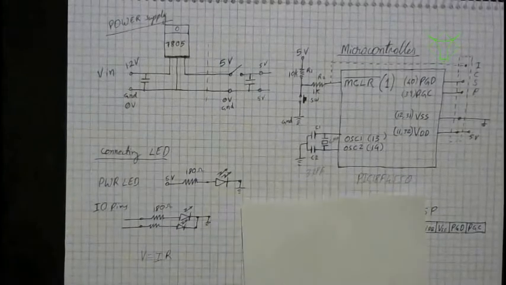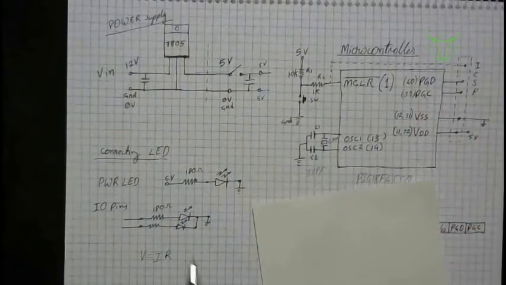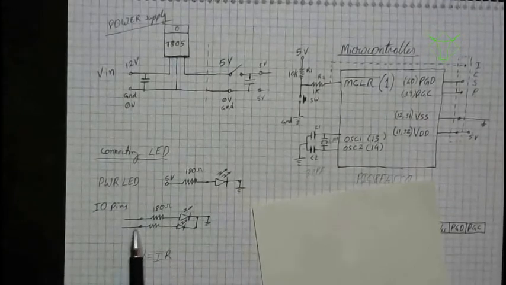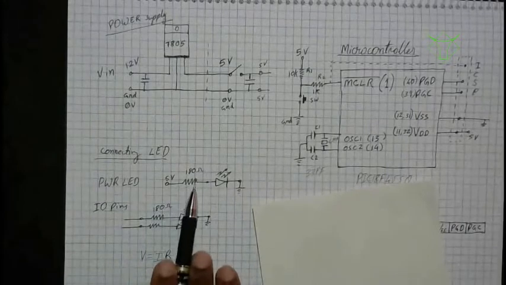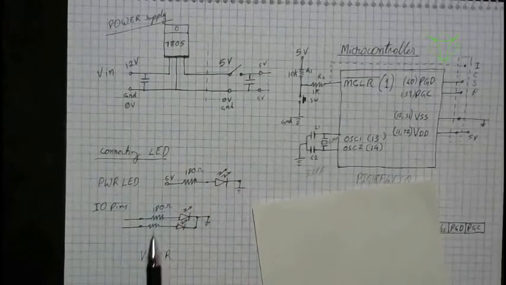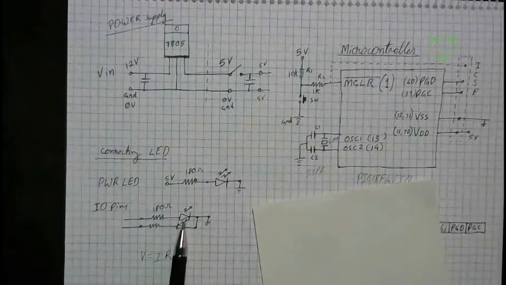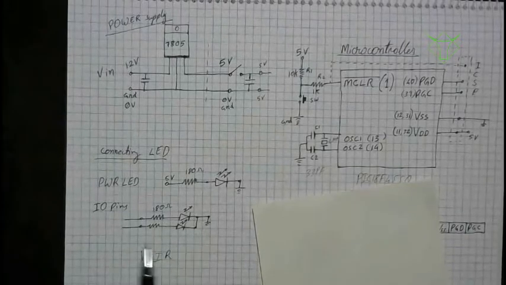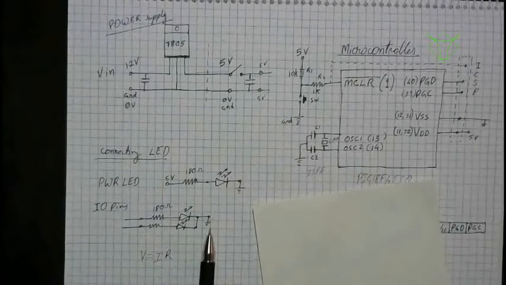Okay, in case I want to connect LEDs to any of the IO pins, it is simple. You have this IO pin connected to a resistor, the same way as you connect it to the power indicator. So a 180 ohms resistor and an LED, and then ground. So if you have 2-3 LEDs, you can just tie up the ground pins and connect them to one ground.